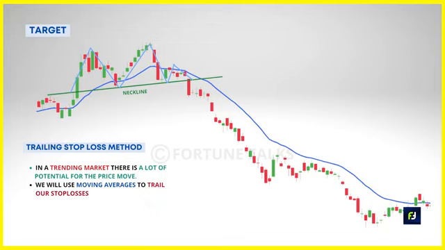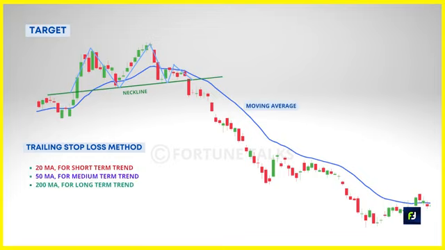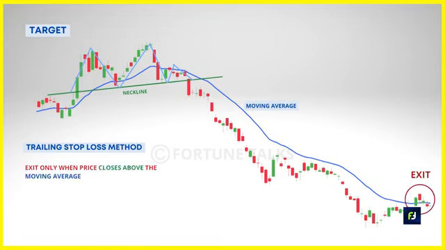One way you can do this is to trail your stop loss with moving averages. The selection of moving averages will depend on the time frame that you're trading on. For short-term trends, a 20 moving average will do the job. But for a medium-term trend, a 50 moving average will be a good choice. And for a long-term trend, a 100 or 200 moving average is the best possible option. The idea is to ride the trend until the price moves above the trailing stop loss, where you can exit